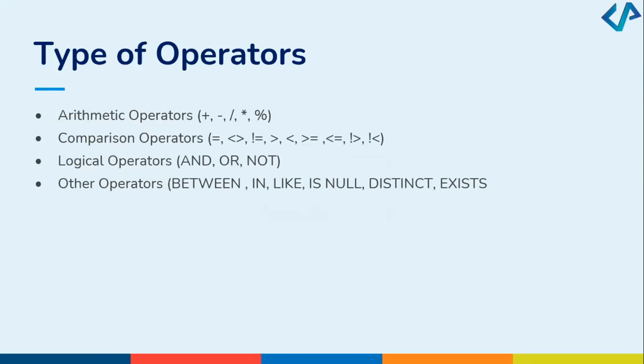The next type of operator is the comparison operator, which helps you compare whether the value on the left-hand side and the right-hand side is equal, less than, greater than, not equal to, or greater than or equal. These are the different comparison operators, and all comparison operators give you a value, either true or false. If the left-hand side and right-hand side satisfy the comparison, it will give true. If not, it will give false. So we have arithmetic operators, and we have comparison operators.